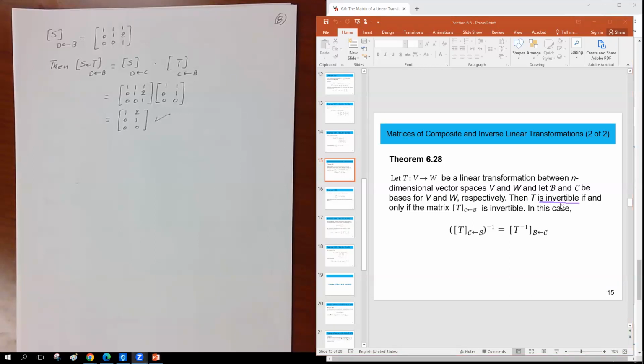T is invertible if and only if the matrix of T from B to C is invertible. In that case, the inverse is going to be the transformation inverse from C to B, and that's what we're going to use. So let's check